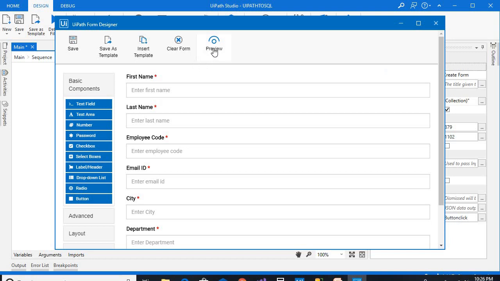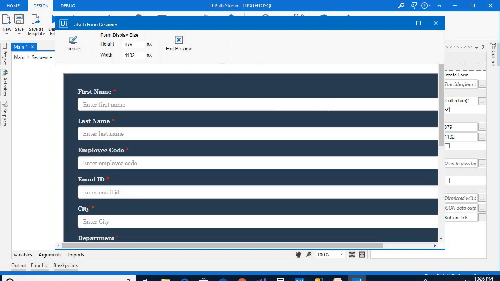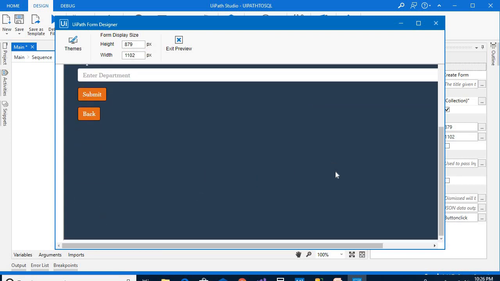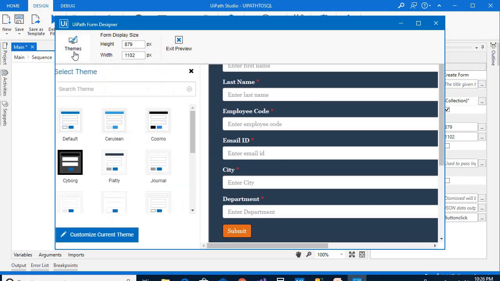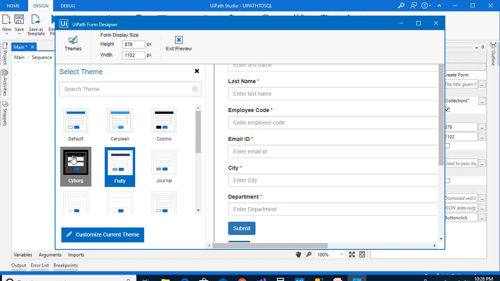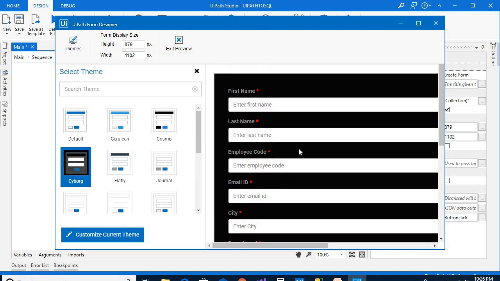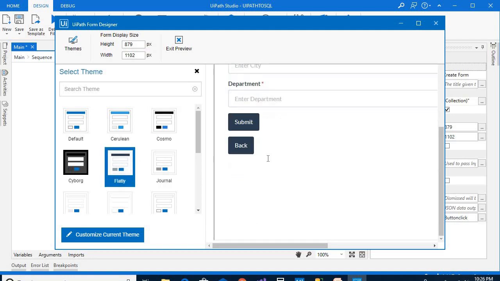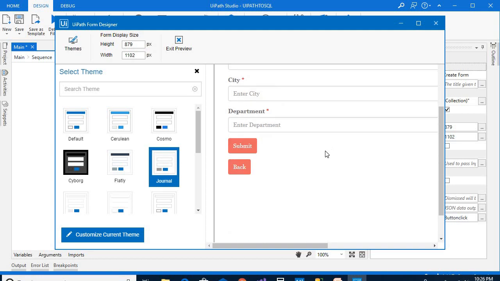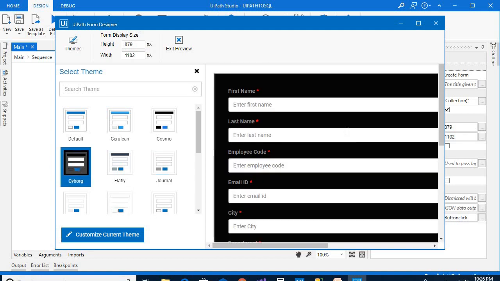With the help of preview, you can preview this form and see how it will look. As I have changed the theme, this is looking like this. This is the theme I have chosen. And I have given some height and width for this pop-up.